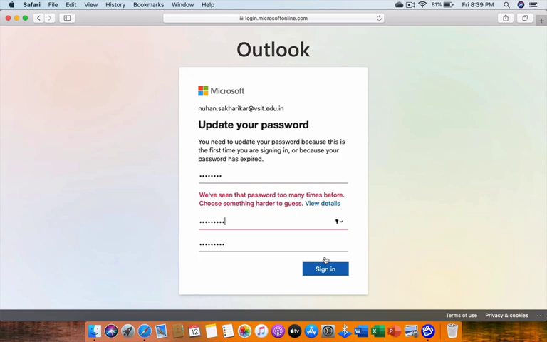Now this is also one example. We have seen that password many times. So in this case you have to completely change your password.